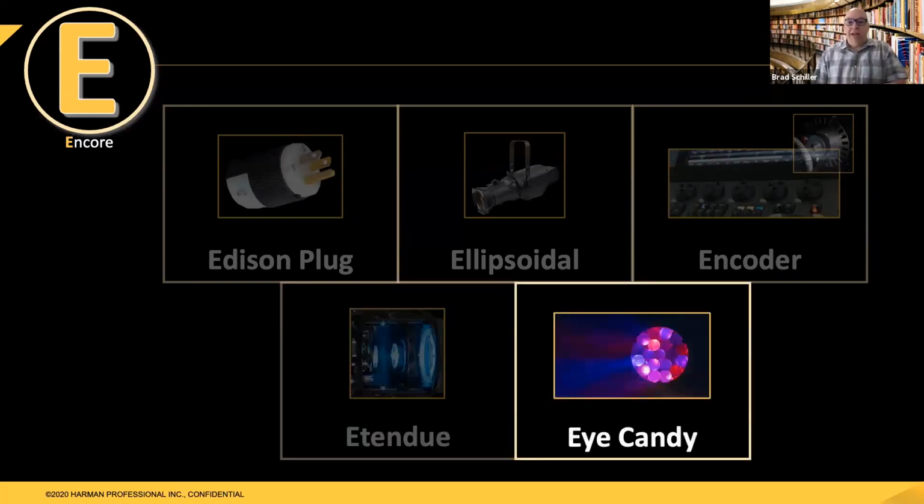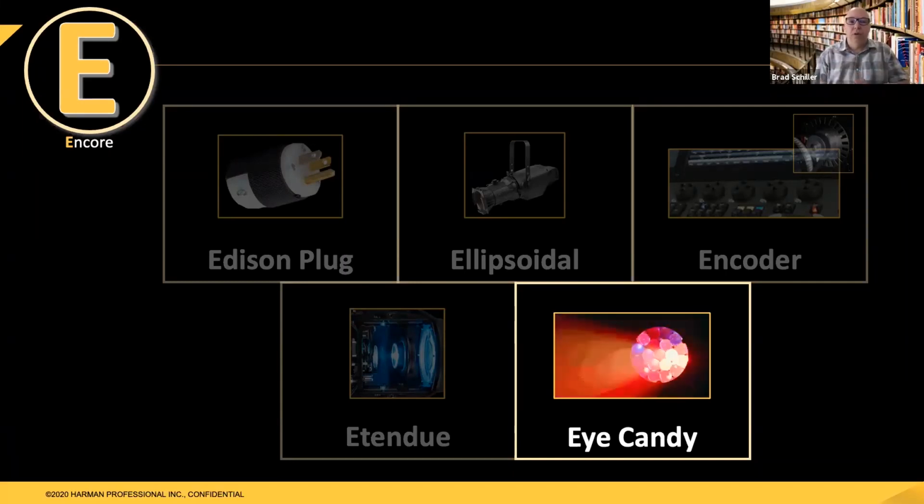And then there's eye candy. Eye candy is great. Eye candy is a term that we use to refer to lighting equipment or looks that are good for the audience or the camera, but they don't actually do anything or provide any light source for the performance. Yes, sometimes they can be used for that, but we're not talking about that. We're talking about people or cameras looking directly at a lighting fixture and looking for that effect on the face of the fixture. That's typically called eye candy.